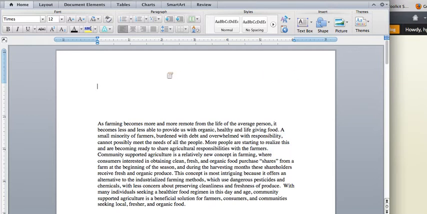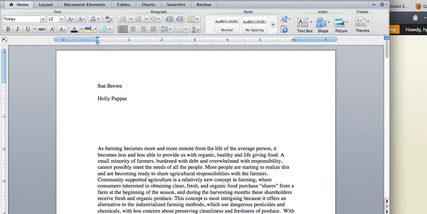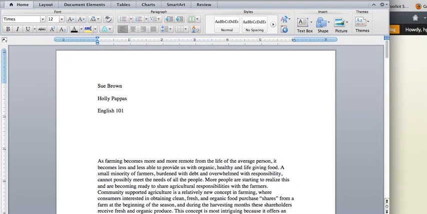In MLA terms, a header is what appears on page 1 of your paper, which will be your name, and I'm making up some name here, and then your instructor's name. Then you're going to have the course name and number, and then the date. Okay, now